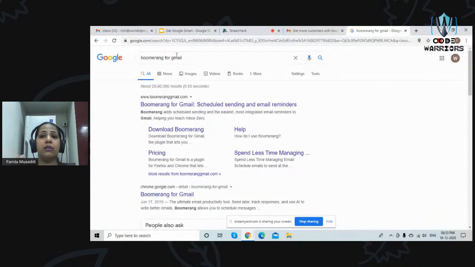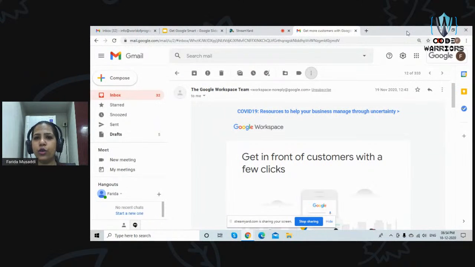At the same time, reminders. Suppose you have not received a reply for one of your emails, you can set reminders. So the receiver of the email will be sent reminders until he acknowledges your email. So you can download Boomerang, you can add it to your Gmail account, and you can feel free to explore it. Every time you click on compose email, Boomerang will automatically come there as a setting. You can go into it, you can choose your settings, and you can easily use it. So try out Boomerang for those who want to schedule your emails.